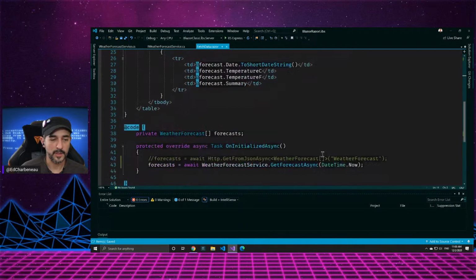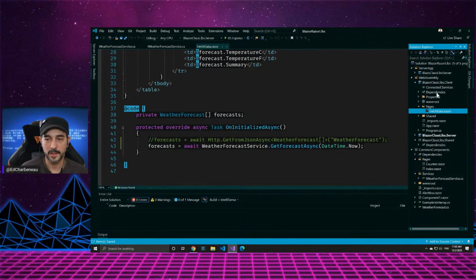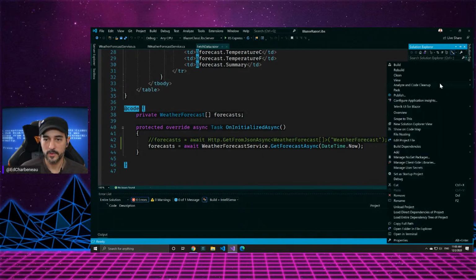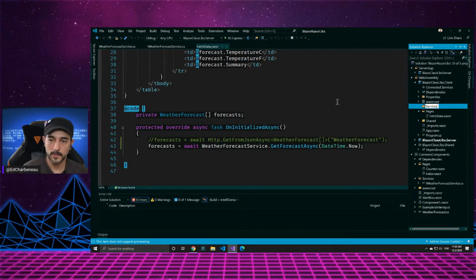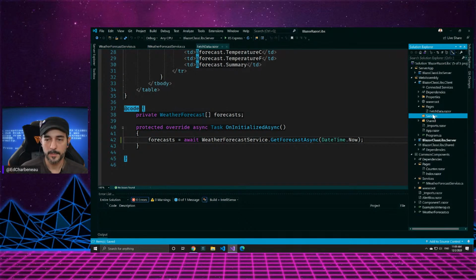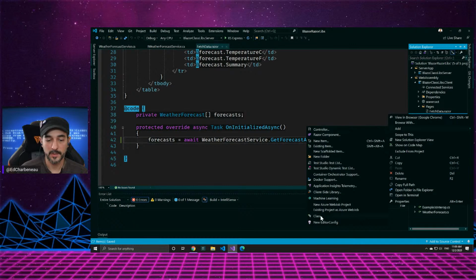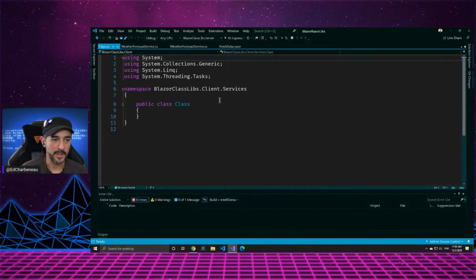So we've got our weather forecast service. We're hitting the interface, but there's no implementation of it on the client. So let's go ahead and add a new folder again. We'll call it services. I'm going to copy this line of code out. And then we're going to add a new class here. Again, naming doesn't matter at this point. It is going to be a weather, let's call it HTTP